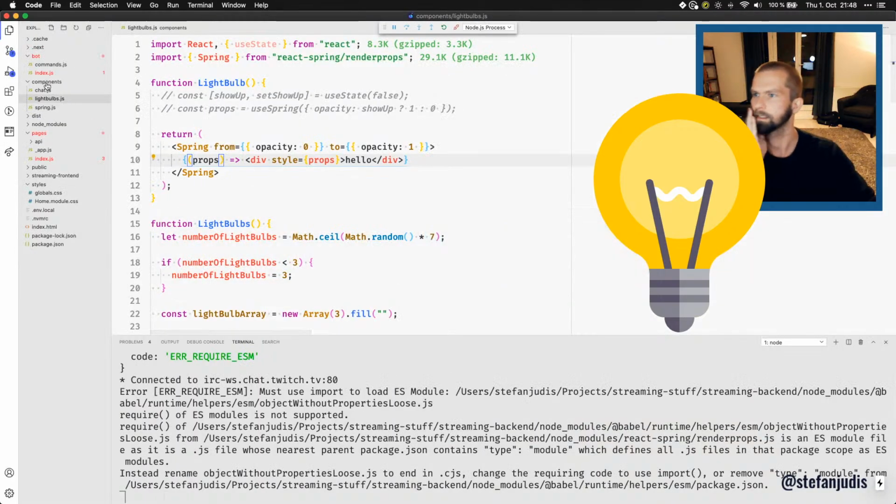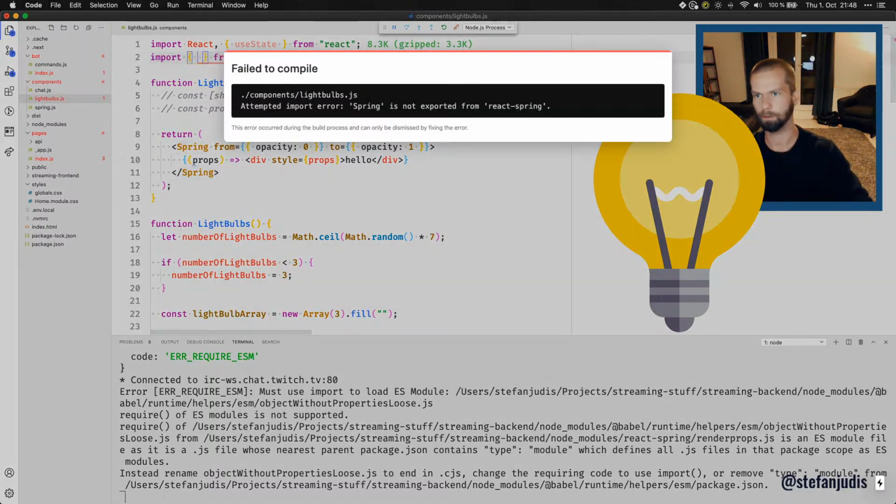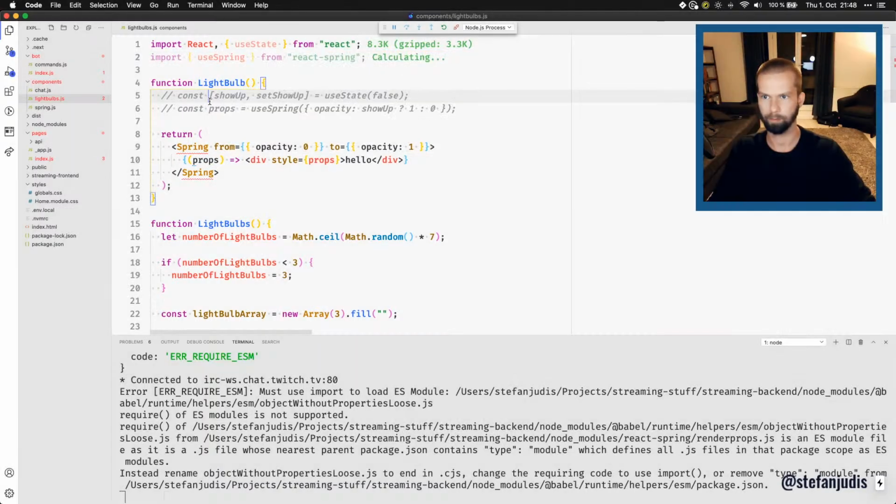But it is there, isn't it? So when we go to... these are the perfect JavaScript moments when nothing seems to work. Must use import to load ES module. Use Spring. Well, maybe back to